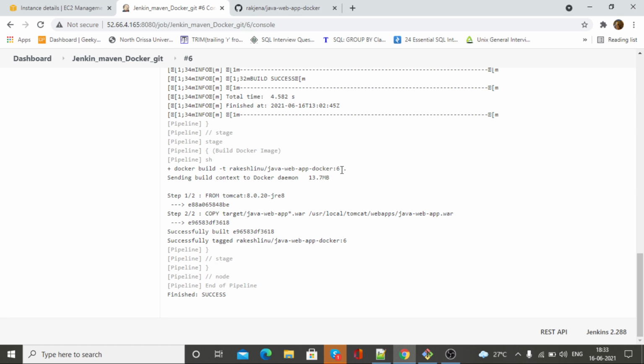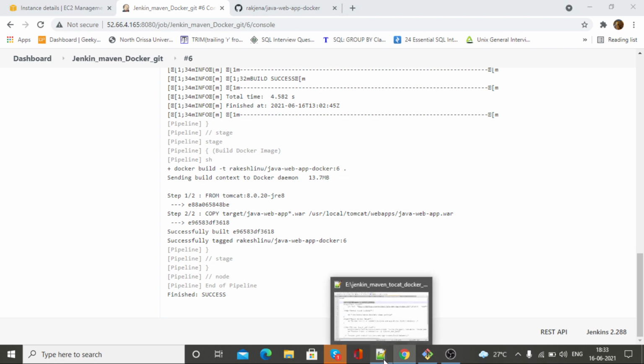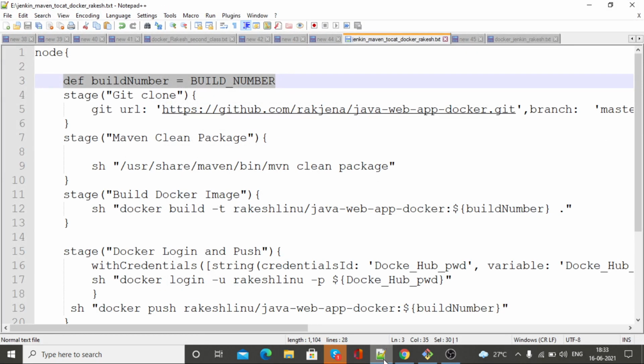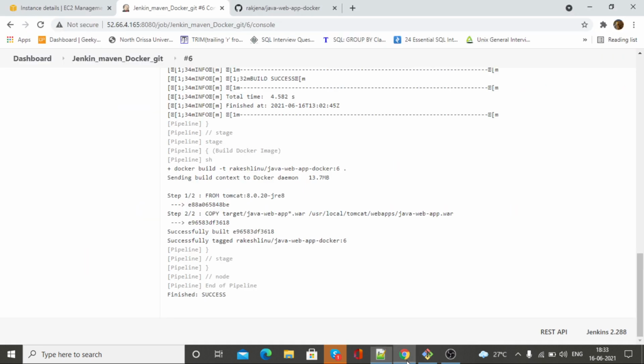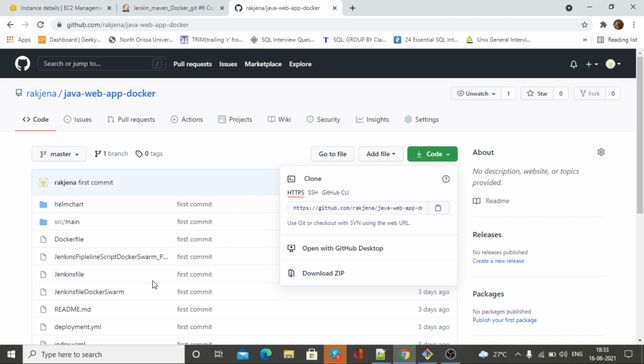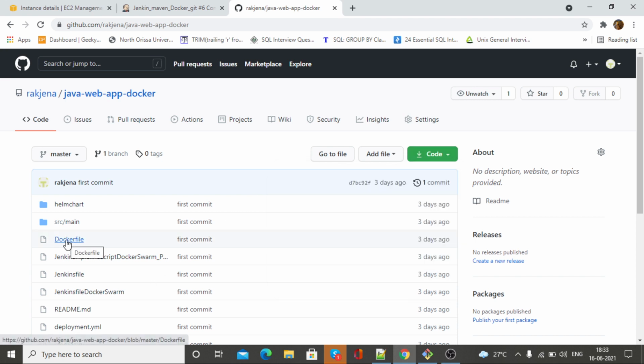So guys, what we can do now, before creating an email, what I need to update in the Dockerfile. Let me show you once. I forgot to show you that point. So here I have my Dockerfile.